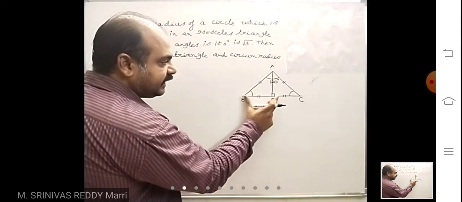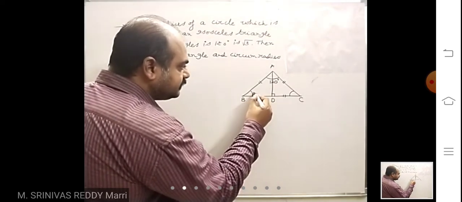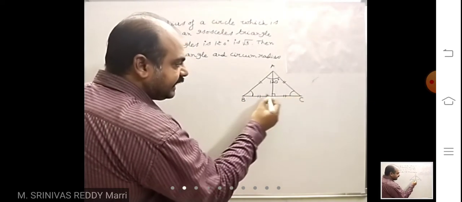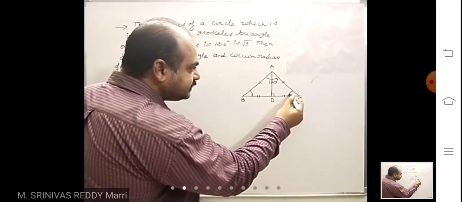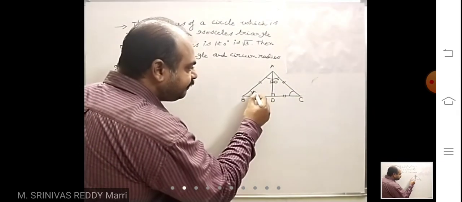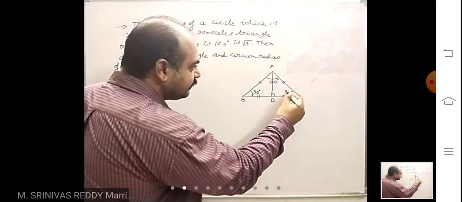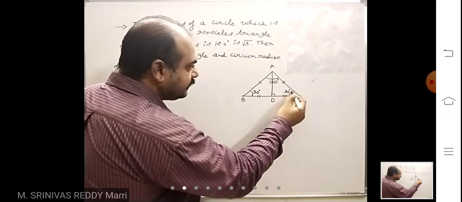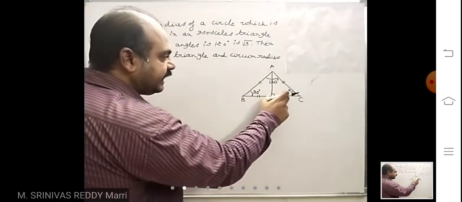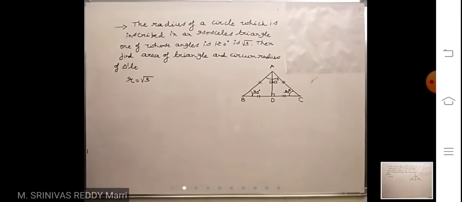So this is one angular bisector. Another angular bisector I am drawing. Look at, this is 120 degrees. These angles will be equal. In an isosceles triangle, this angle is equal to this angle. So this is 120 degrees, which means both sum to 60 degrees. That means this angle will be 30 degrees and this angle will be 30 degrees, because both are equal angles. Already 120 is there. 30 plus 30 will become 60.